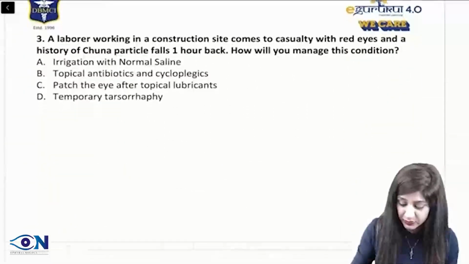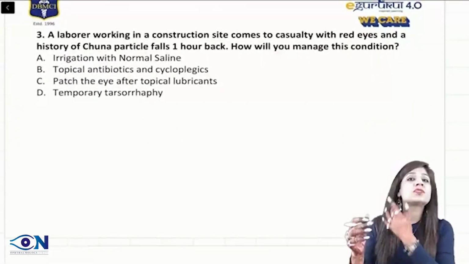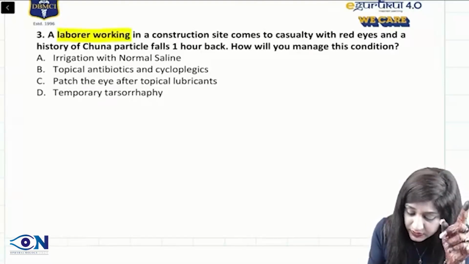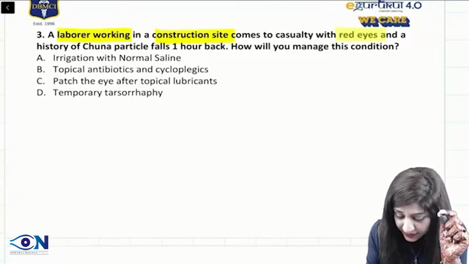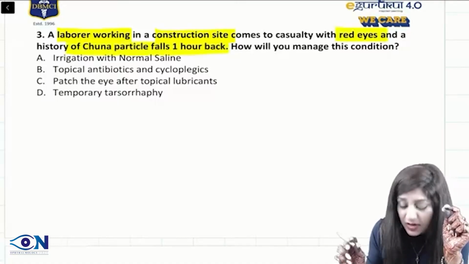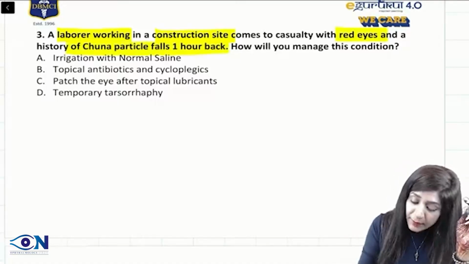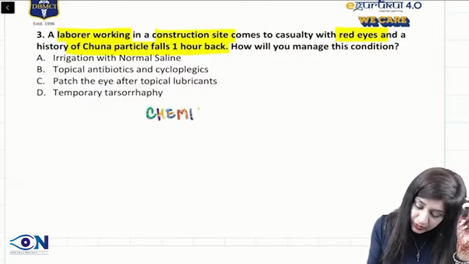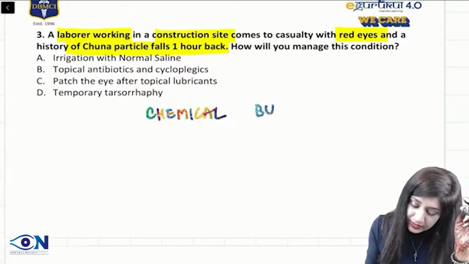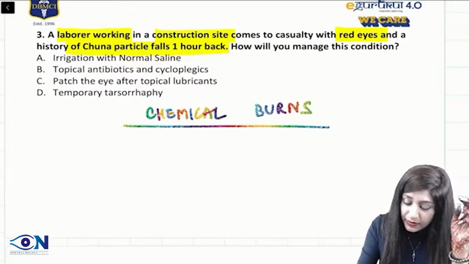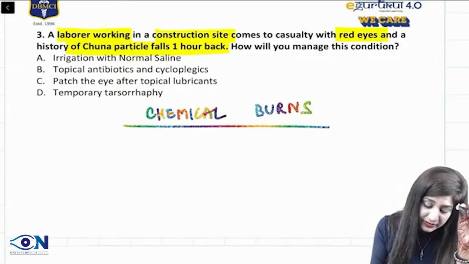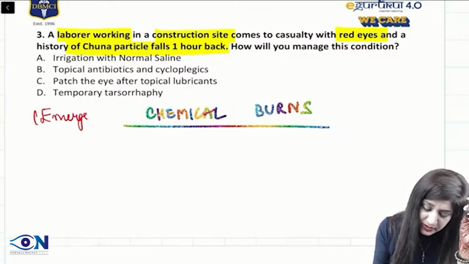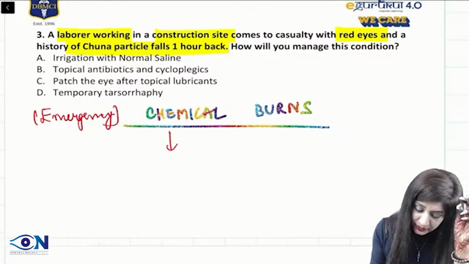So let's move to the next question. This question is related to chemical injuries, where a laborer who works at a construction site comes with red eyes and a history of tuna (lime) particles falling in one hour back. Tuna particle injury is actually a chemical injury or chemical burn. Whenever we have chemical burns in the eye, these are also emergency conditions which can present with the